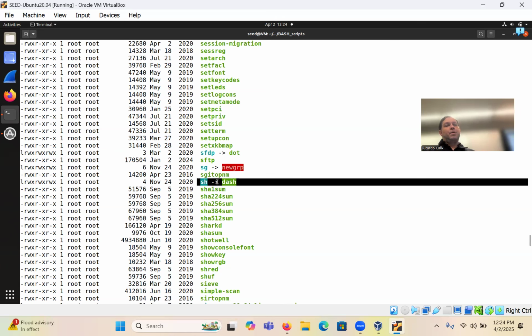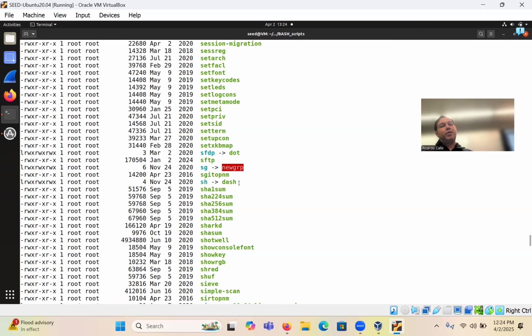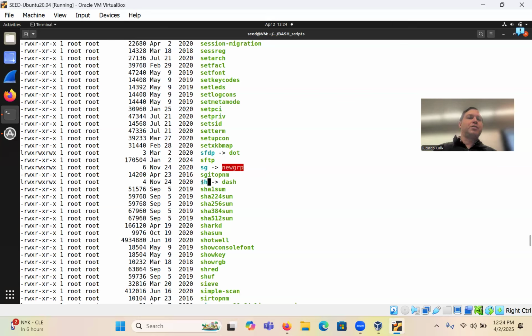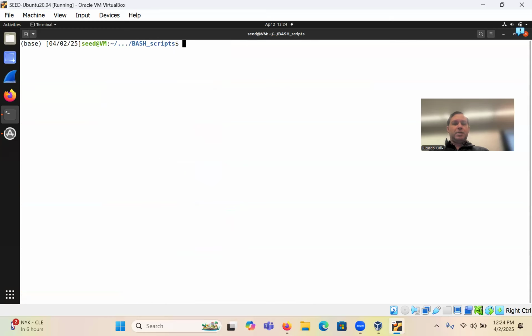So these can have vulnerabilities. Obviously, that was left in there intentionally. But dash and bash should be pretty secure, and this version of Ubuntu 20.04 comes with this one called dash. Essentially, they're just software programs that are command interpreters. Okay, so just giving you that piece of information. Generally, people will say Bash scripts. That's what people are going to say, but the name might be a little bit different in the end, and you just reference it with the symbolic link sh, which is in your environment variable. All right, so that's essentially what I wanted to say.